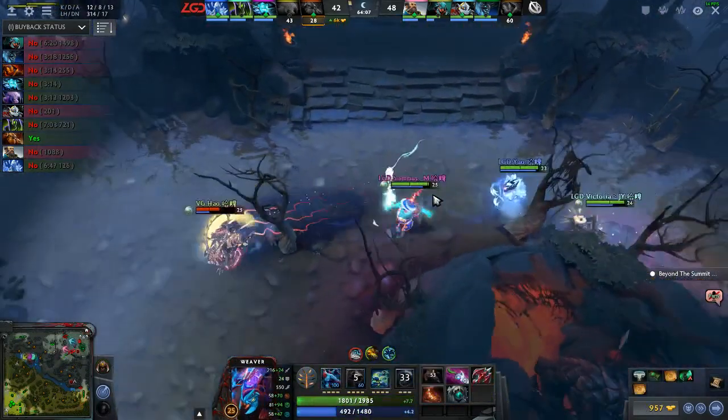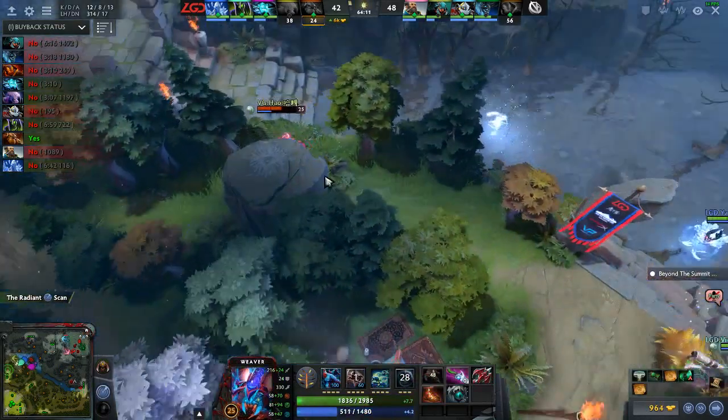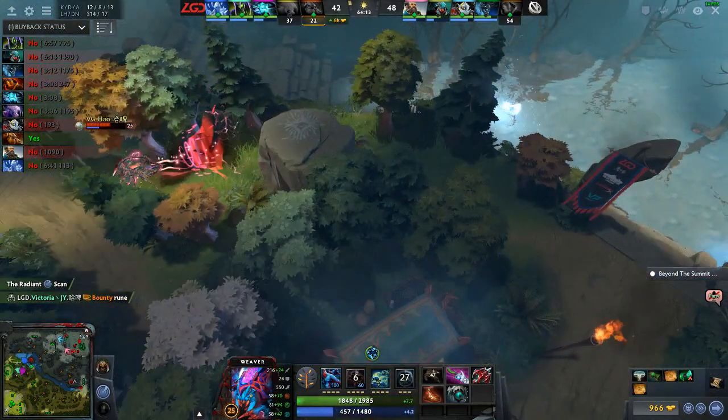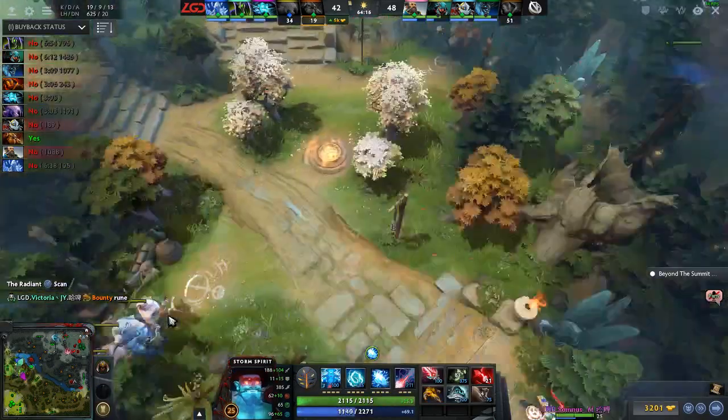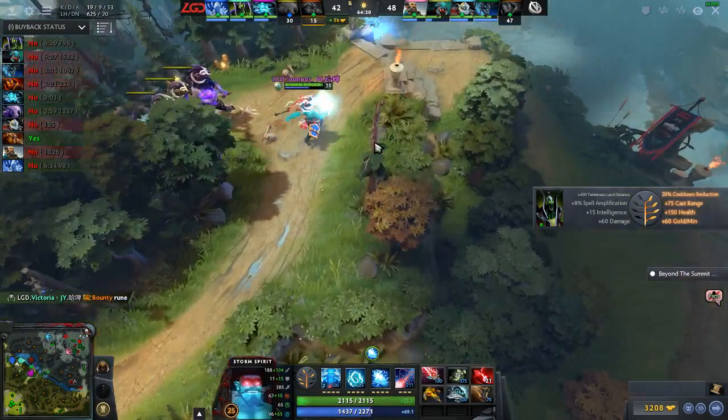Do they have protection? Hao pops his BKB. He is scooching away. He does not have Time Lapse, and it looks like they just guessed wrong, and Hao should be able to make it home. But this is precious seconds that Vici Gaming isn't pushing the waves back. Yeah, no, LGD is happy with this. So like, all right, we don't get the kill, but